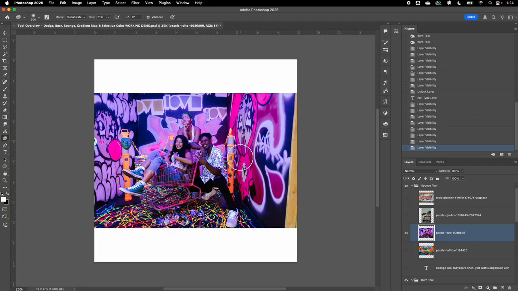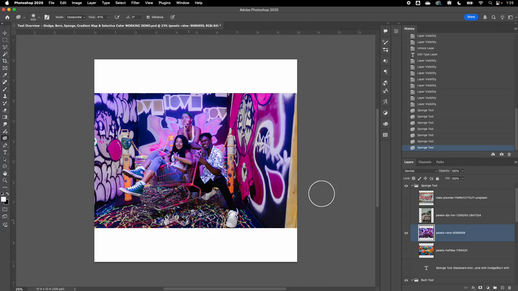Here's another one where I can go in and do some desaturation on some of the more neon pink areas in this, and you'll see, especially with the flow up this high, pretty dramatic changes pretty quickly. And let's just take a look at that. So before, after. Now again, for really targeted areas where you're just doing a little manipulation, this is a great,